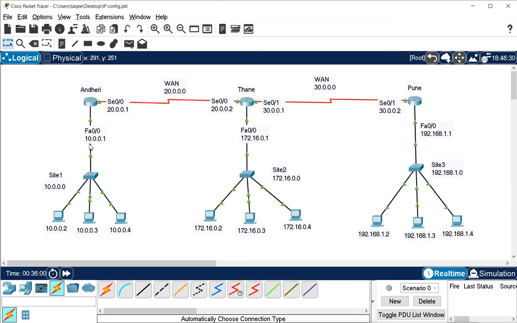Again, if I want to go to this network, remember you are starting from this Pune router, and this is the road you can assume to reach this network. When you take your bike on this road, the first station will be Thane again, because you are going to network 10 and it is on this side.